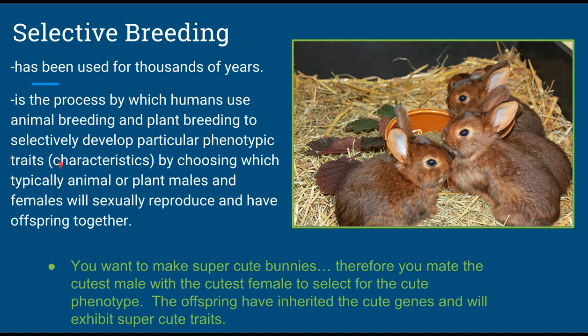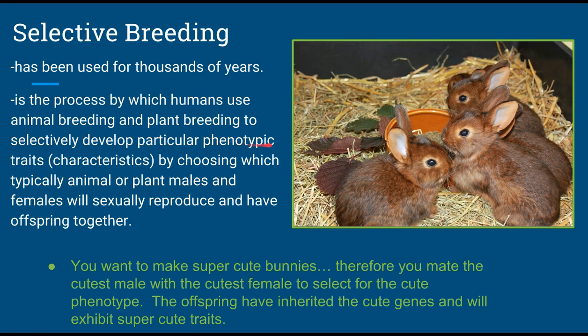Okay, so natural selection has been going on since the dawn of life. And number 2 is selective breeding. This has been going on for thousands of years. This began when humans started really domesticating animals. And it's a process by which humans use animal breeding and plant breeding to selectively